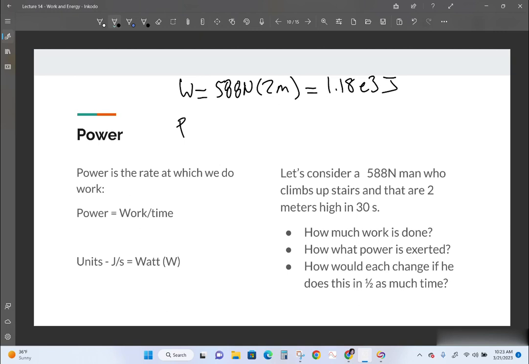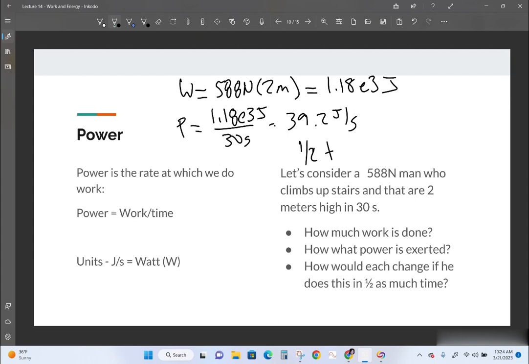So the power would be that amount of work divided by 30 seconds, which would be 39.2 joules per second. So you had to convert 39.2 joules of chemical stored energy into potential energy every second to do that job. If we cut the time in half, because it is an inverse relationship,